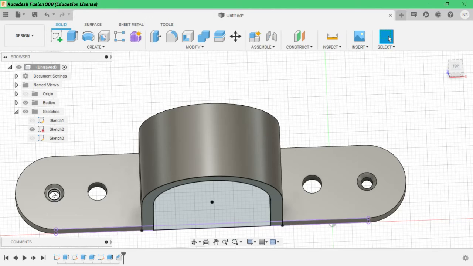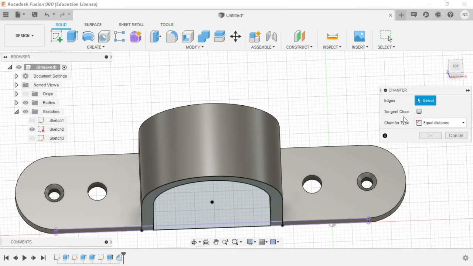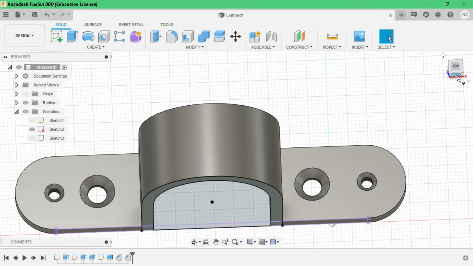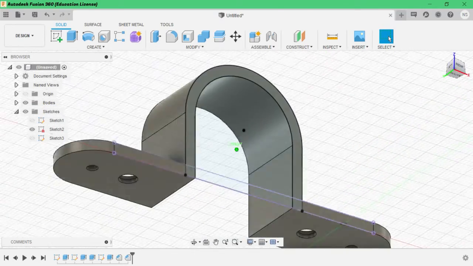Because we are giving 2 mm, why am I not selecting every hole? Because we have to give 1 mm to these two and 2 mm for these two. So again chamfer, select these edges, then give 2 mm, and then it's done. Click OK. See, now it looks great, right?